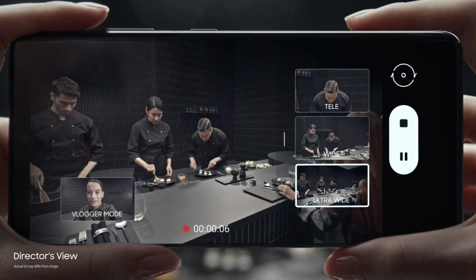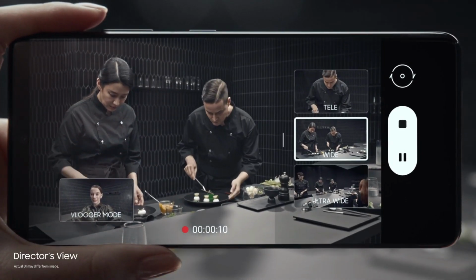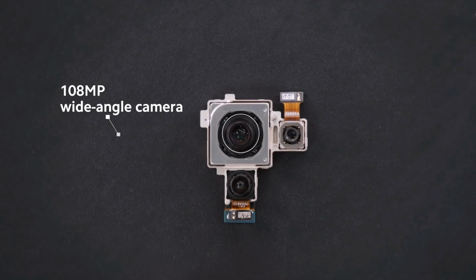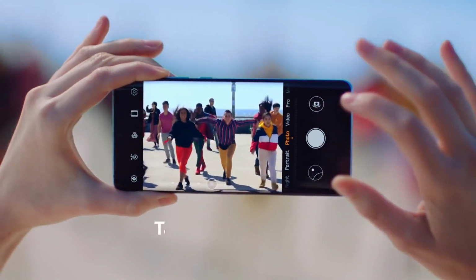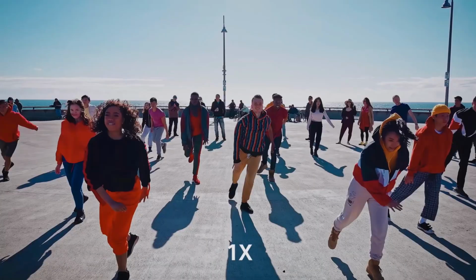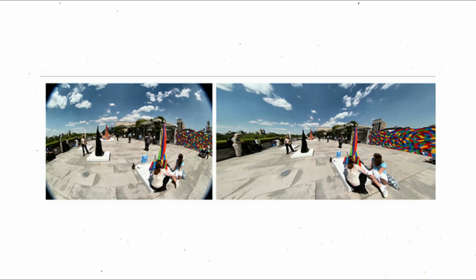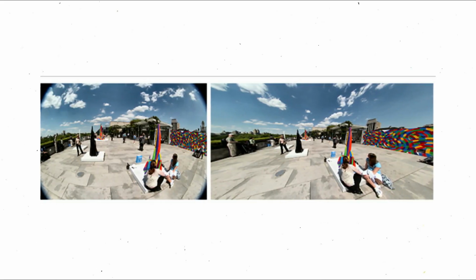If you have been following the S22 news, you will know that the camera hardware is identical to that of the S21 Ultra. Despite this, there will be some significant hardware advancement. The main 108 megapixel camera will be one of them. The S22 Ultra's 108 megapixel camera will have a broader wide angle than its predecessor. I'm not referring to the specialist wide-angle camera, but the main 108 megapixel camera can now shoot photos that are